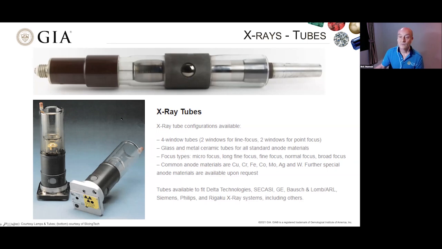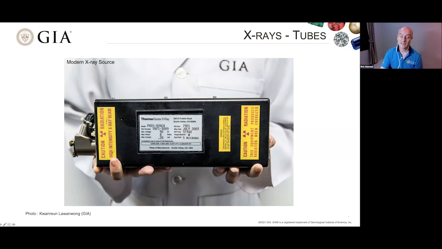But as I said, this is more like the tube that we see today. This was actually one that we took out of one of our old units in Bangkok after it failed. They are basically just like light bulbs, only much more expensive, and they need to be replaced every now and again. These modern ones have advantages like ramping up automatically and not requiring a gradual manual warm-up period when energized. They also do not need to be water or oil cooled. They basically are a whole unit on their own, and they are very efficient modern tubes.